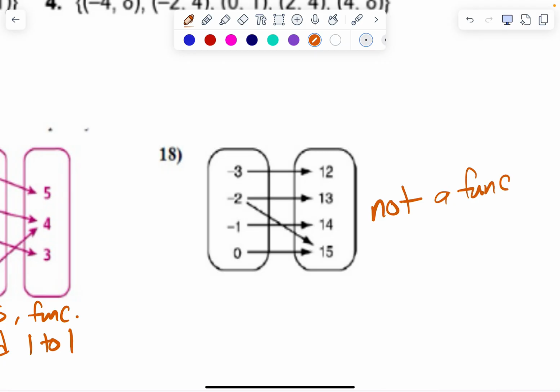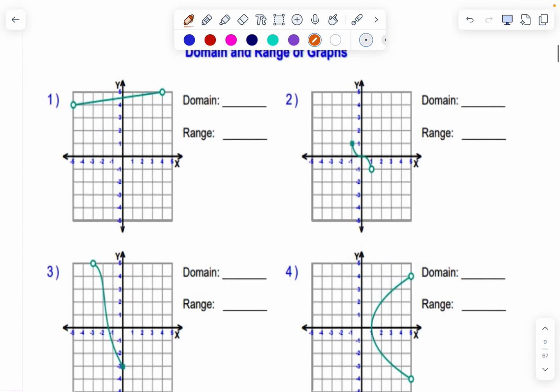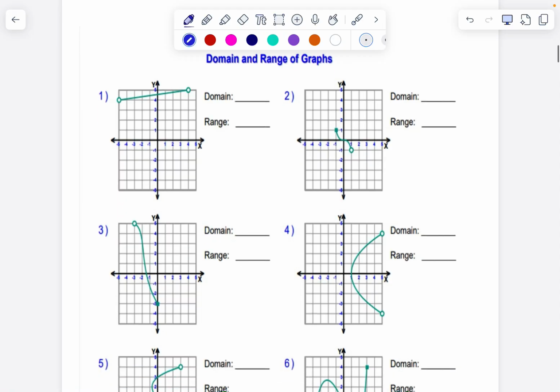Is it 1 to 1? No. And that's because down here, 2, -2 and 0 both point to 15. All right. Any questions on those? Okay. So on this,